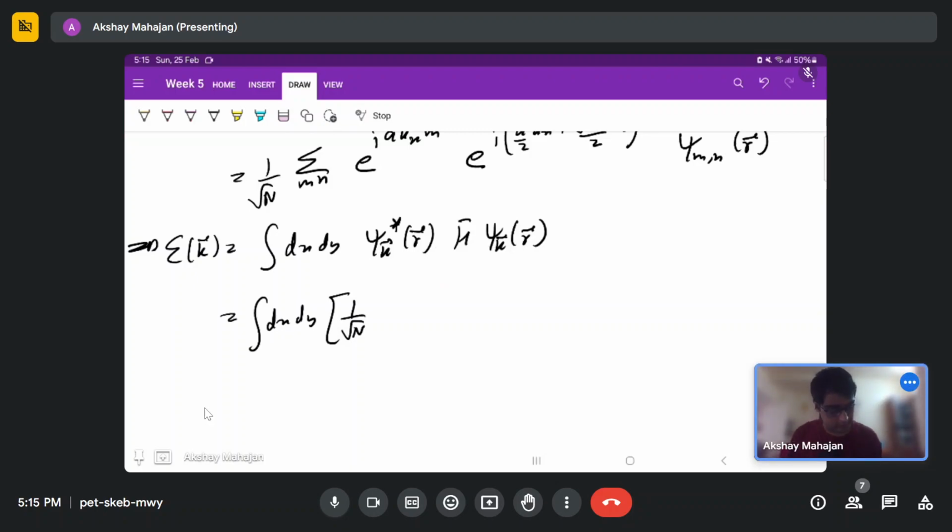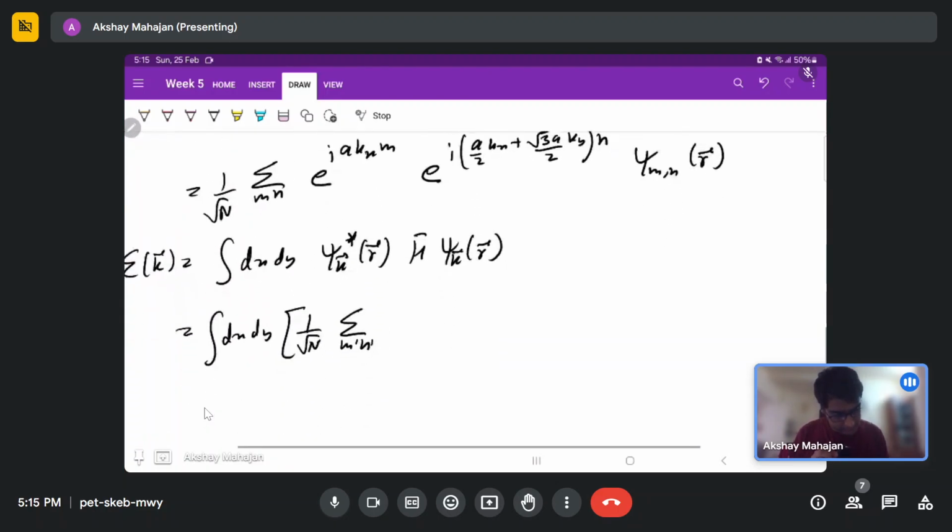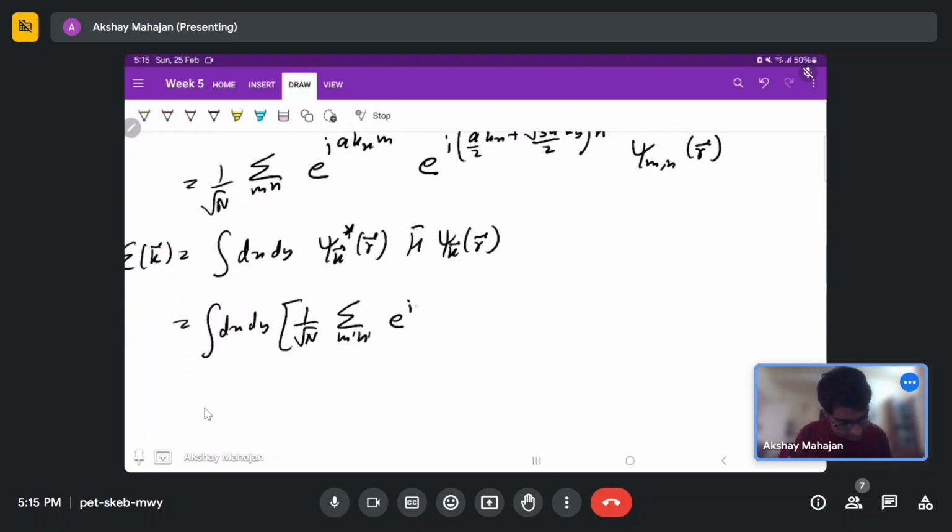Okay, sorry about that. Let us come back to this. Okay, so basically we have m prime n prime. I will write e to the power minus iota a kx times m prime, e to the power minus iota a by 2 kx plus root 3 a by 2 ky, times n prime, psi of m prime n prime of r vector